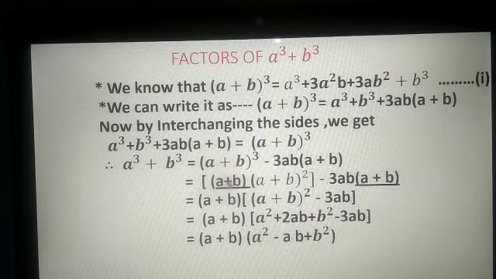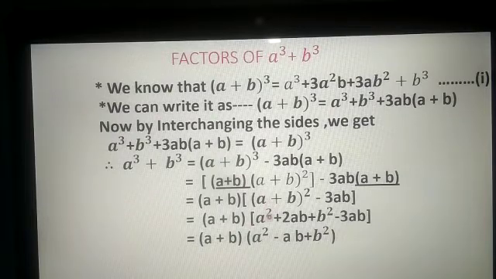Now a plus b whole cube means what? a plus b in one bracket and a plus b square in another bracket, meaning splitting a plus b, so one time and here two times, that is square, minus this term as it is. Now whatever underlined part is there, that is common in both the terms. So a plus b is coming out. Then what is left in the bracket? a plus b whole square minus 3ab. So from these two terms we have taken out a plus b as it is. Okay. Now keep a plus b as it is.